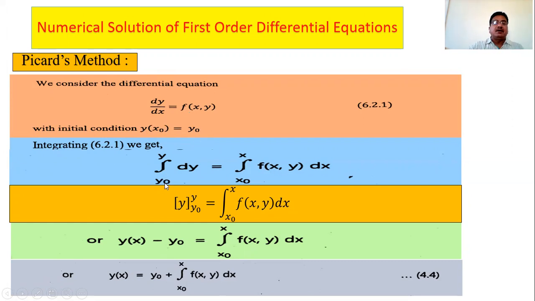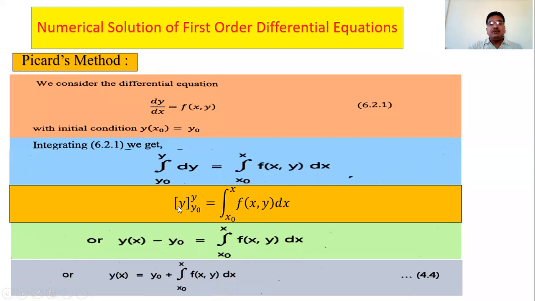So integrating from x naught to x. Shift this dx to the right side, and then dy is equal to f(x, y) dx. Then integrating both sides, we have from y naught to y on the left and from x naught to x on the right, f(x, y) with respect to x. Then integrating the LHS, here is 1 dy, and the integration of 1 is y, from y naught to y, upper limit lower limit. The right side stays as it is, the integration from x naught to x of f(x, y) dx.